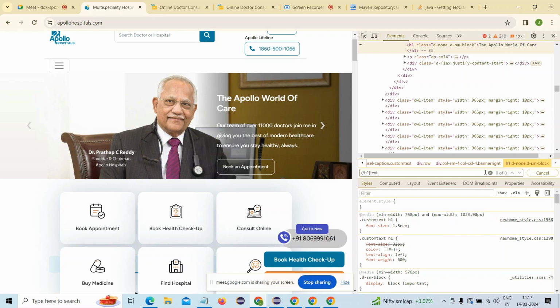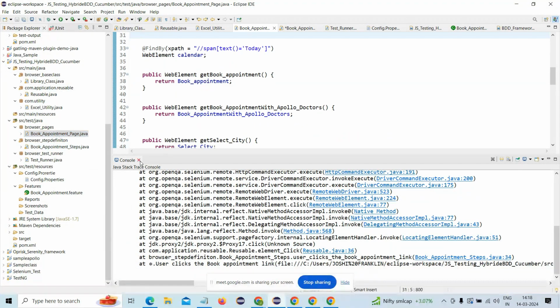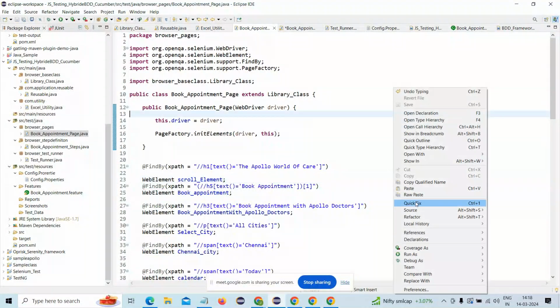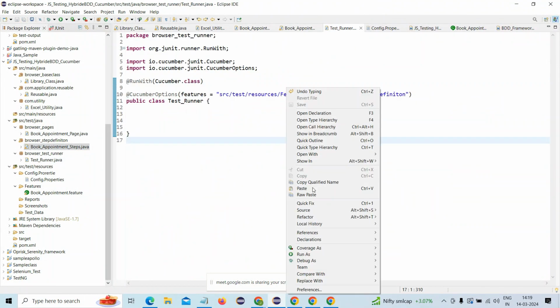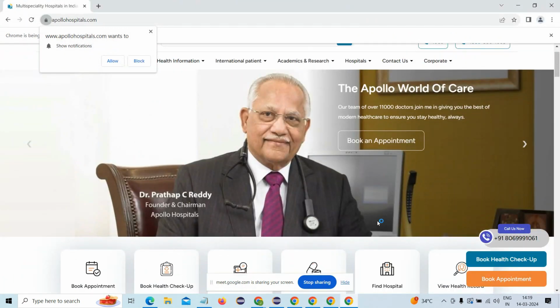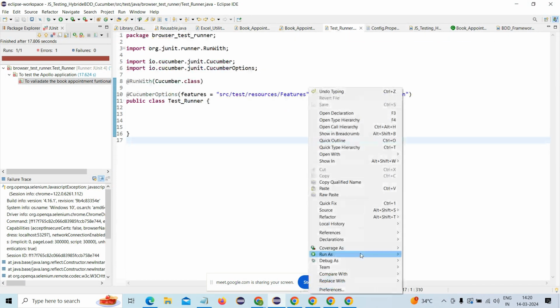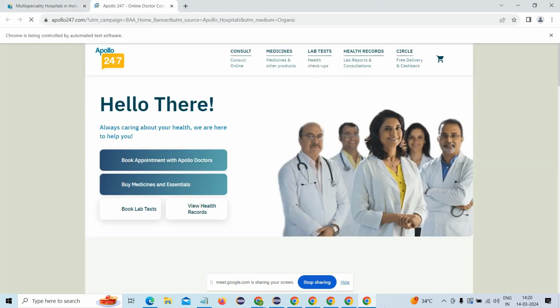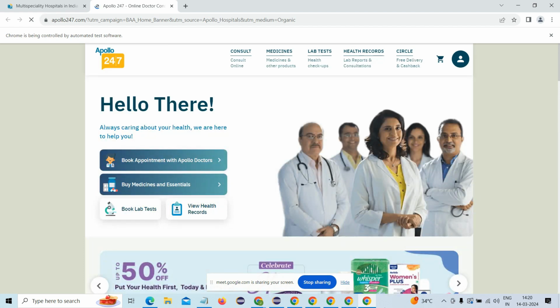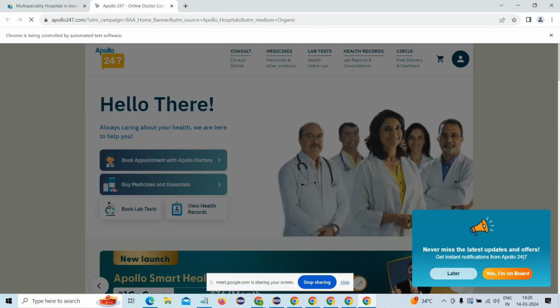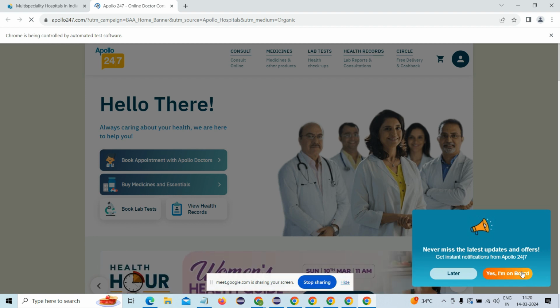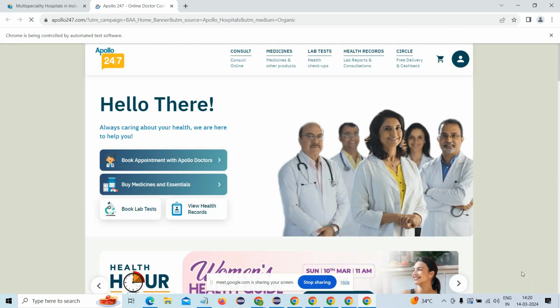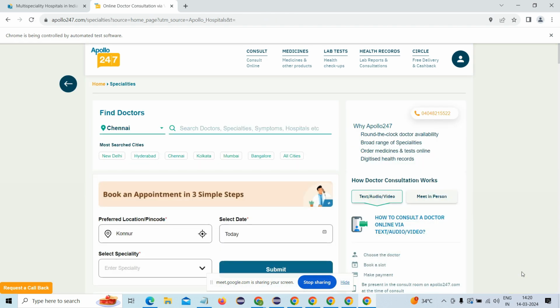One minute. I think it has not scrolled down to the particular element. Just two minutes, I'm checking. Now it clicked, it went to the new window. Now it's going to take book appointment with Apollo doctors. I think it's clicked. One minute, loading. Now it entered Chennai. Find the doctor. It entered Chennai. Now it needs to